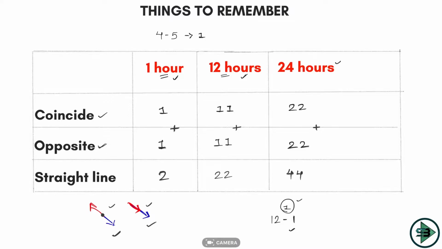Okay, so these are the things that you have to remember, because there will be direct questions asked on this. How many times in 12 hours are the two hands of the clock in a straight line? 22 times. These are the kind of questions that you can expect directly from this table. So make sure you know this.